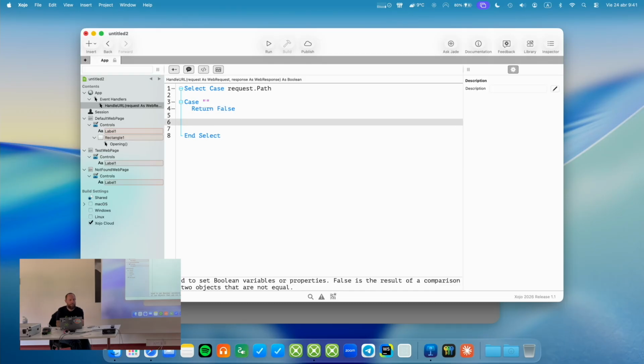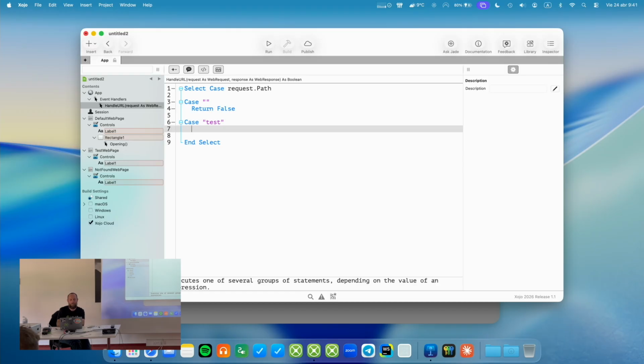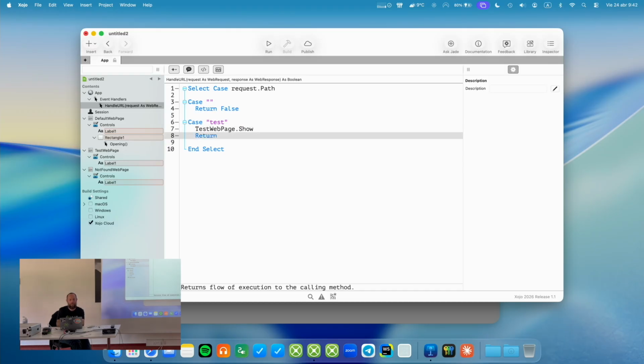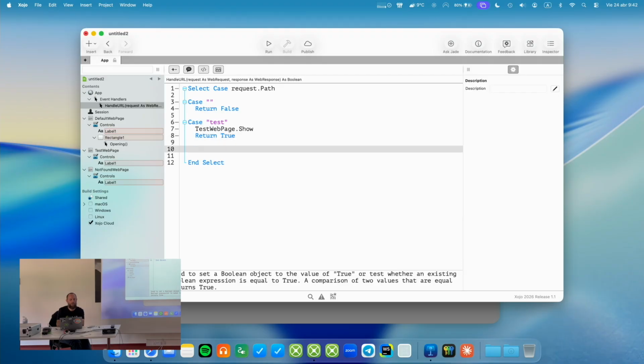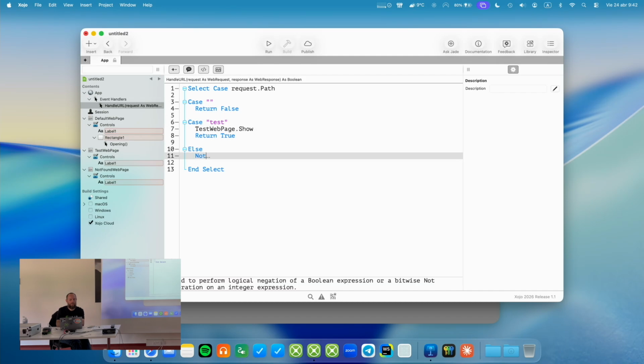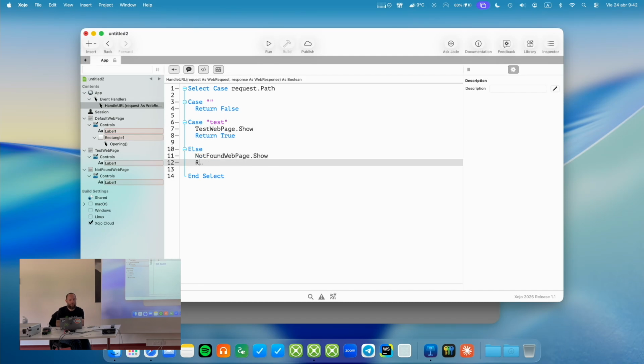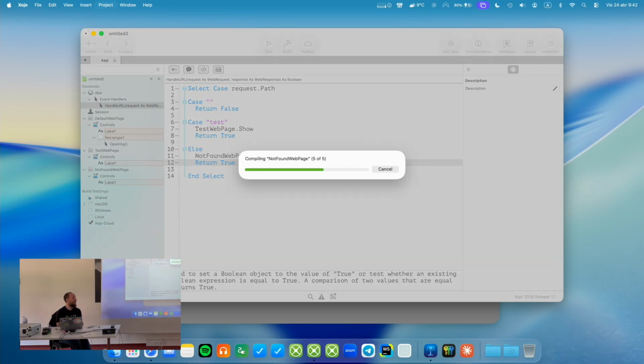We are going just to return false. But if we are receiving a request from the test path, we will be showing the test web page, return true, because we are handling the request. Otherwise, not found web page, so show. That's it. If we run this example,